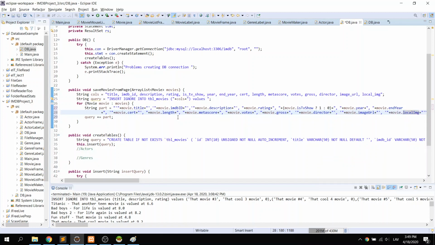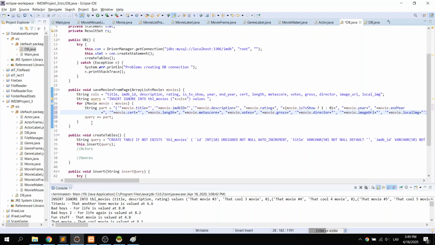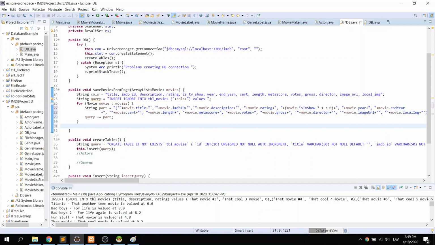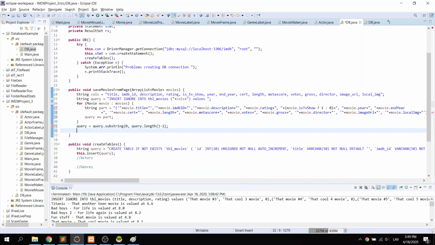And then we need to have these within the parentheses. At the end, we close it with parentheses and add the comma at the end. And after we've done all of these, we can say query equals query substring, just as we did before, from the start to the query length minus 1. And then we can call this insert our query. Save movies from